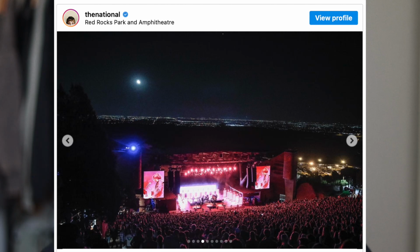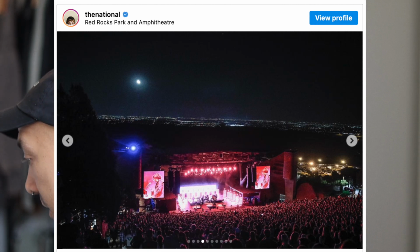There's a cool photo on their page where they're playing at Red Rocks Amphitheater, whatever it's called. And there's just like a crowd of people and you can see like the moon in the background. This is a cool photo. And it's neat to see the Nord drum out in the wild like that. Same thing. I don't think anybody in that crowd cared about the individual outputs,